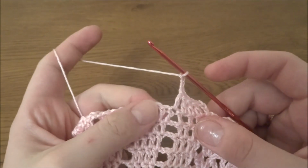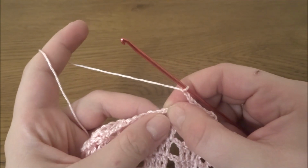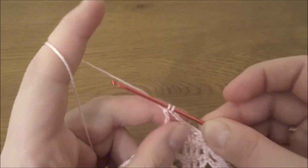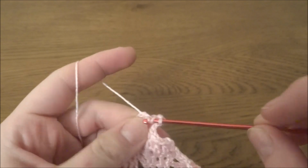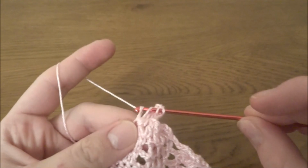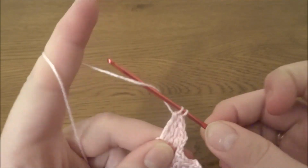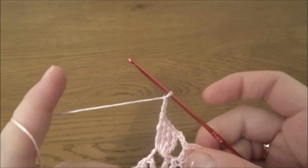and into the chain space from the previous round, into the chain 3 space we will work 4 treble crochets. So 1, 2, 3 and 4, chain of 3 again, 1, 2, 3, we have to skip